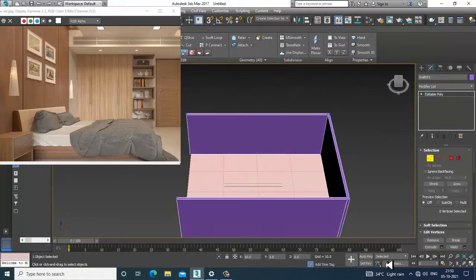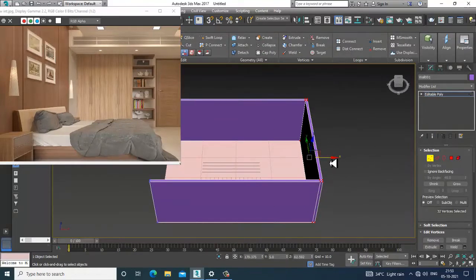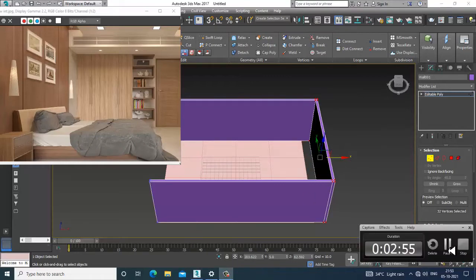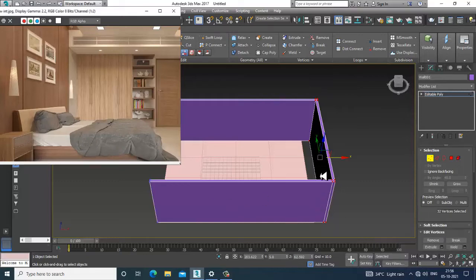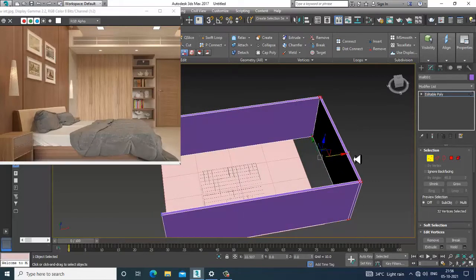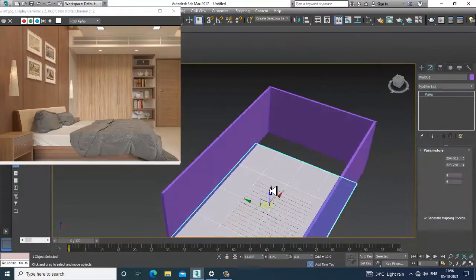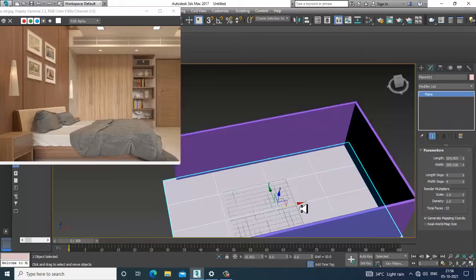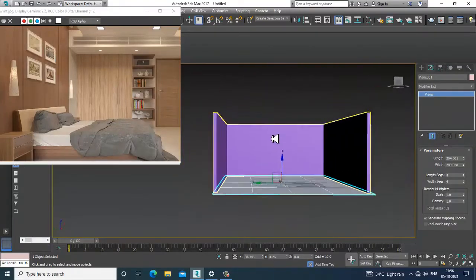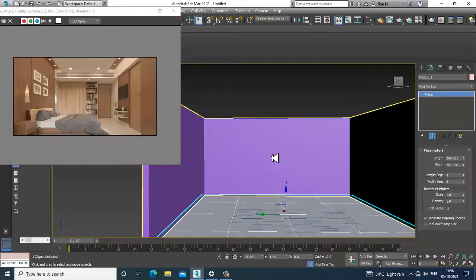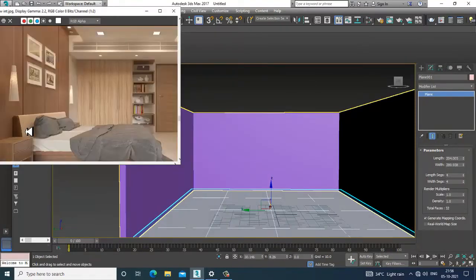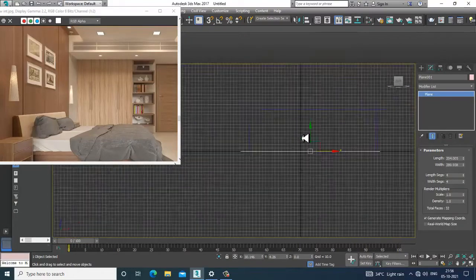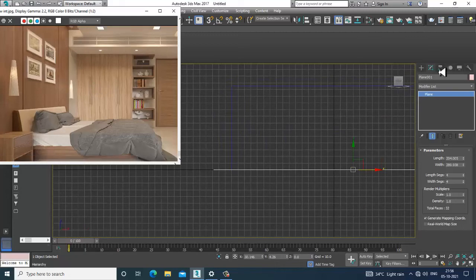Let's go into this, and we'll slightly shift this a bit more. That we can do later on also. That's not a problem over here. We'll increase its width over here. We'll first create this side table. Go into this front view over here. Let's take a box over here.